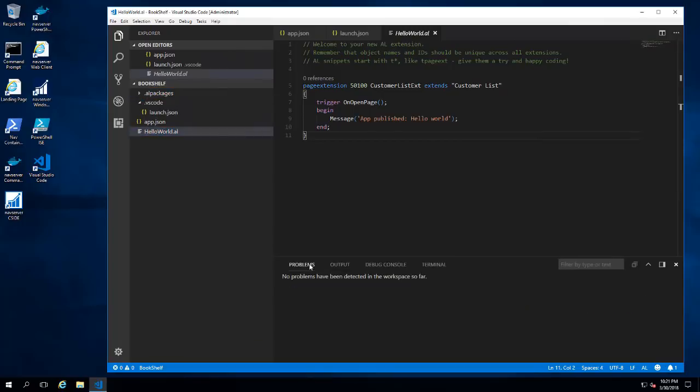and now there are no more problems. So if I click on problems, it says no problems have been detected in the workspace, and the customer list is no longer marked as something that it can't find, because the reference to the customer list is now part of our workspace. So that's it. We now have a workspace with which we can start doing development. So let's go back to our presentation,